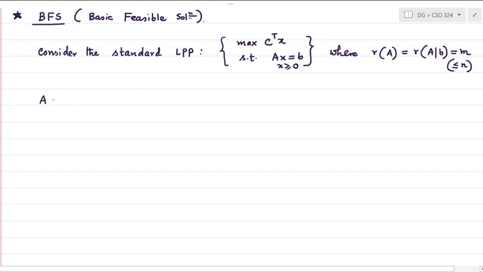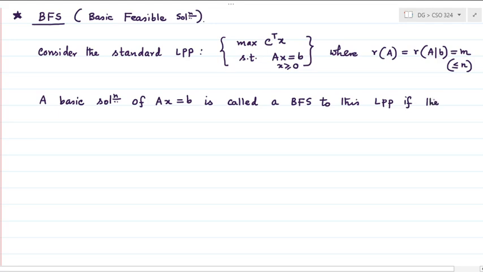Any basic solution of Ax equals b is called a basic feasible solution to this LPP if the solution satisfies